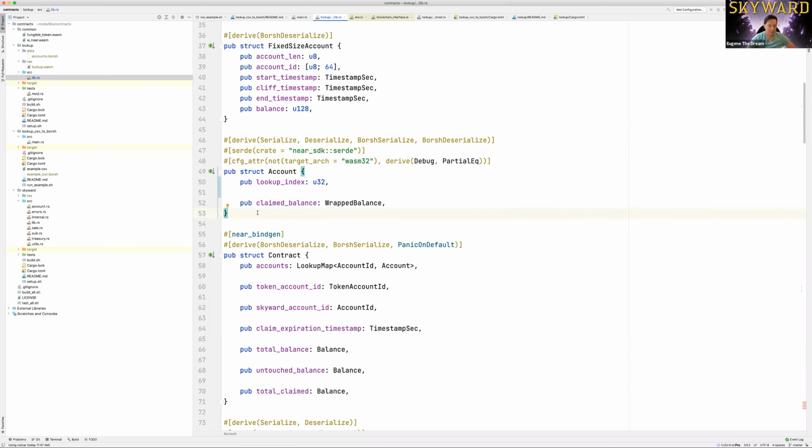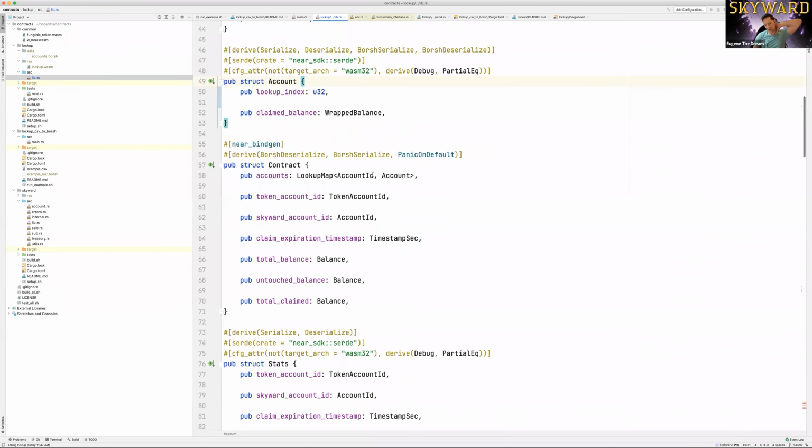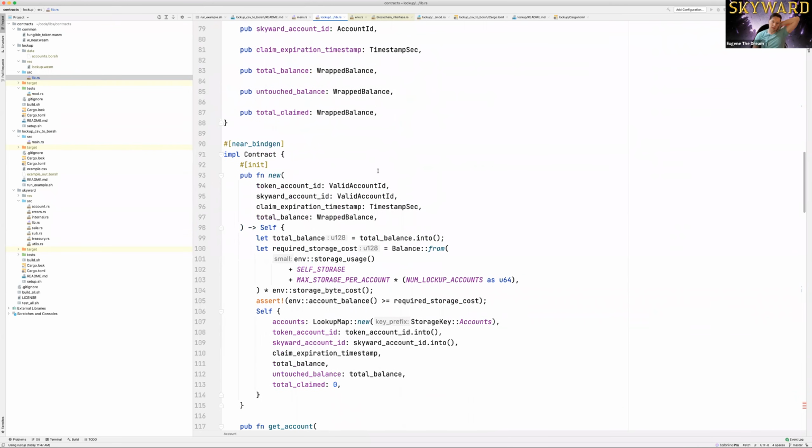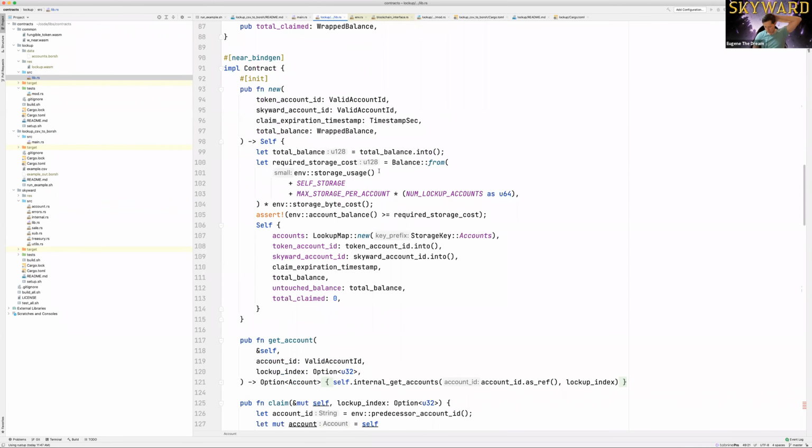Anyway, this was cool. I like the contract. It seems very well done. A bit confusing, but